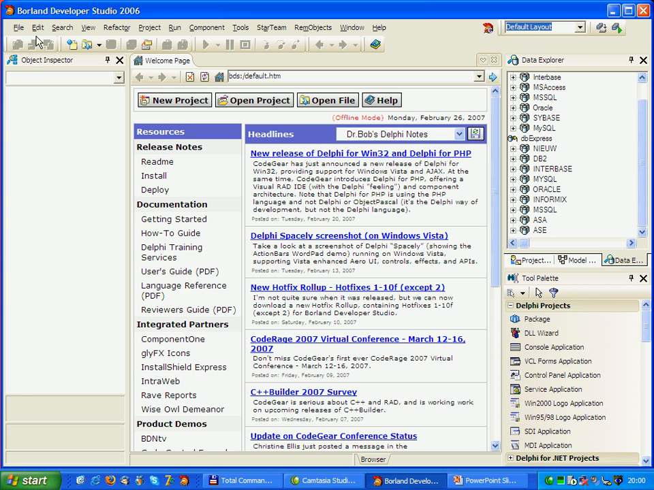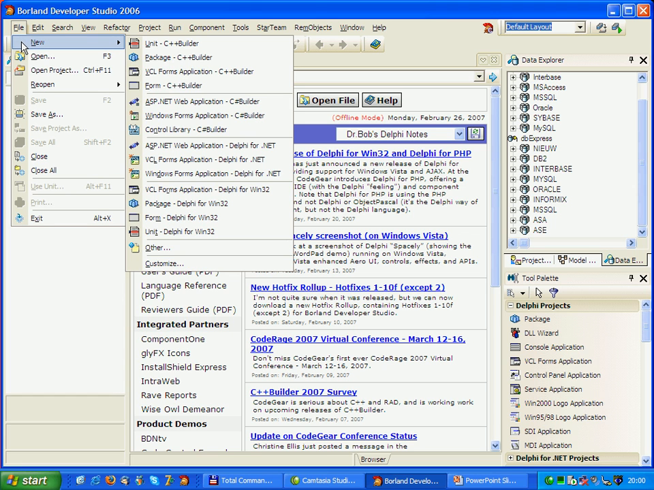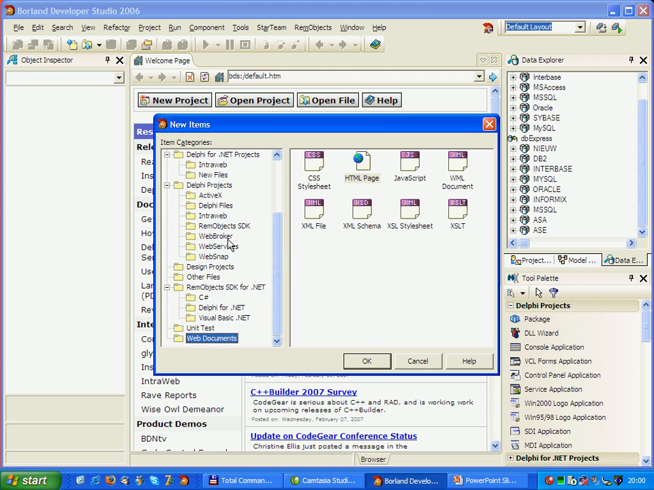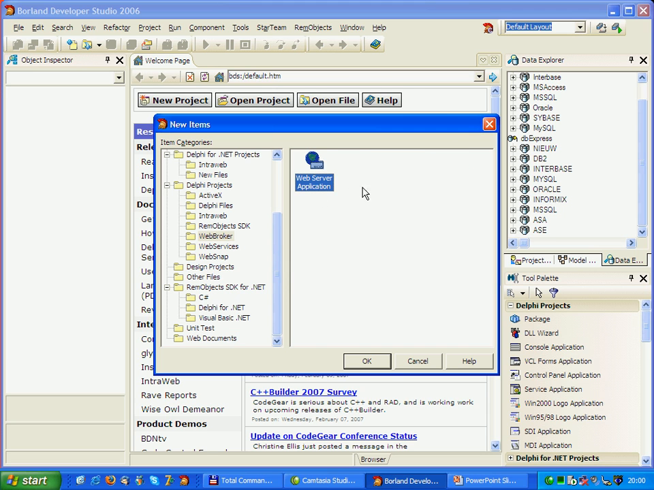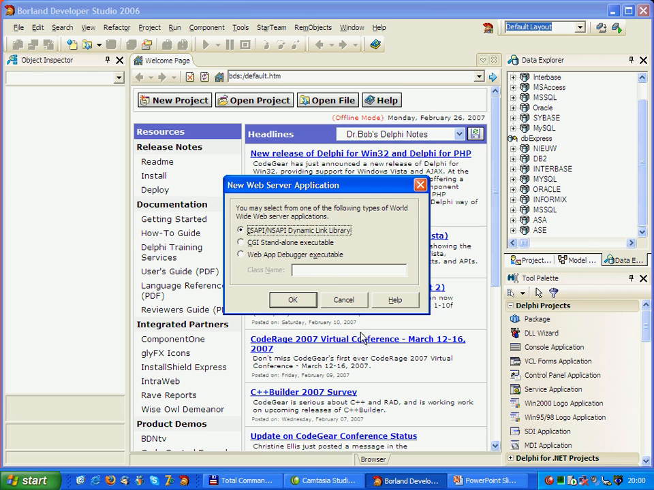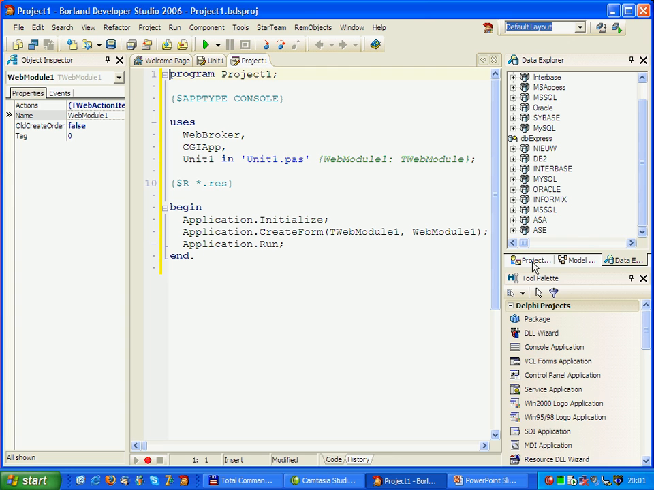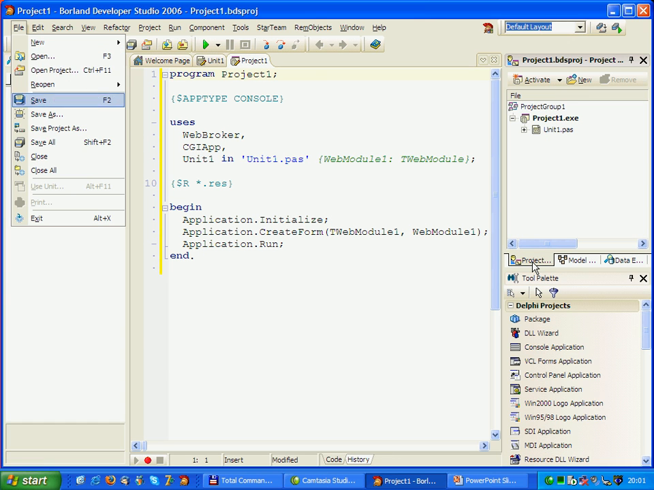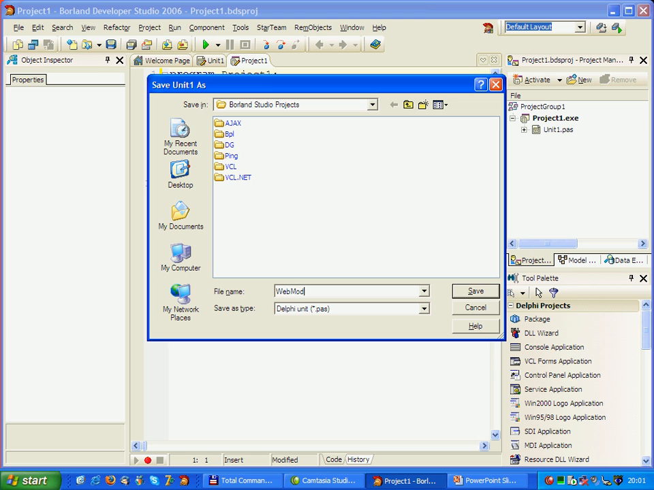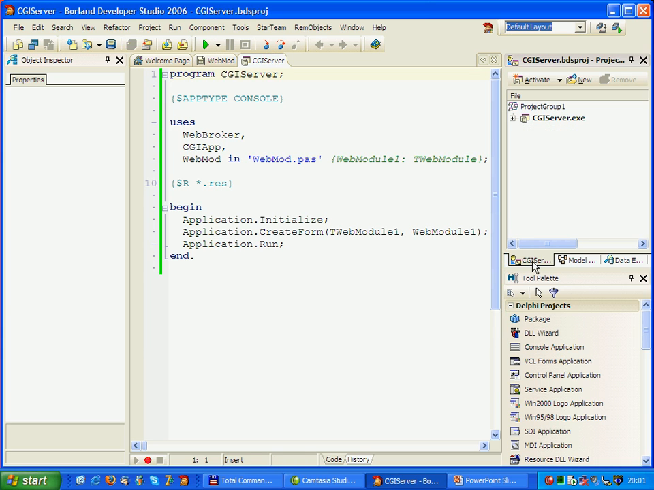Using Delphi, I will now create a web broker application. File, New, Other, and from the web broker category we create a web server application. I'm creating a CGI standalone executable, which is the easiest to deploy and replace on this machine. I'm saving my project using webmod as name for the web module and CGIServer as name for my CGI